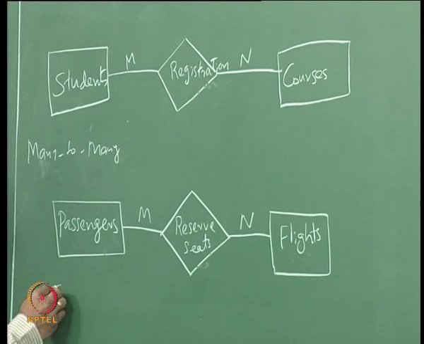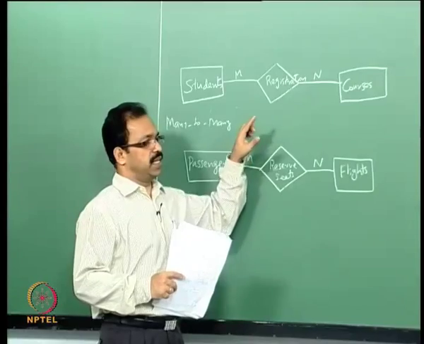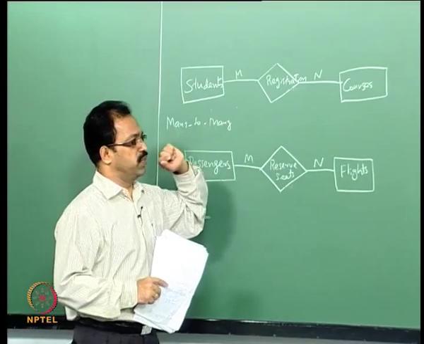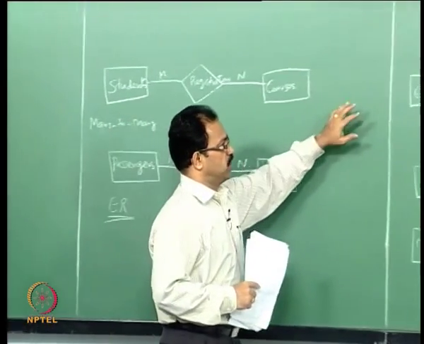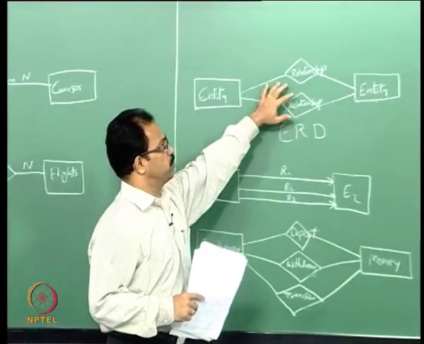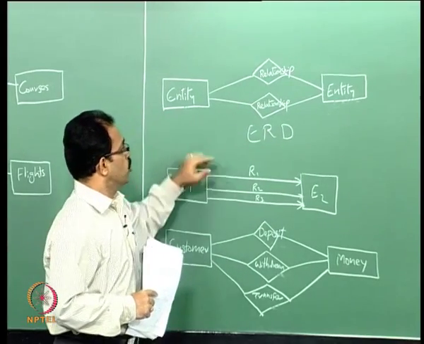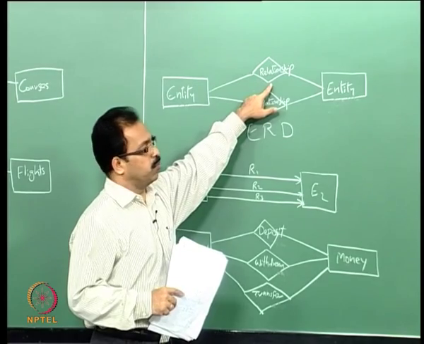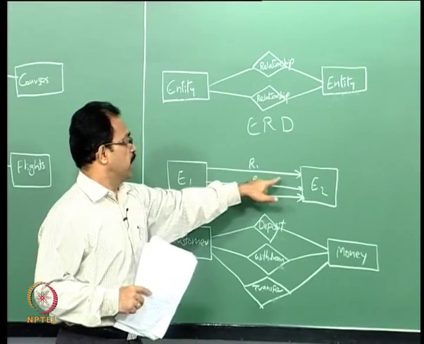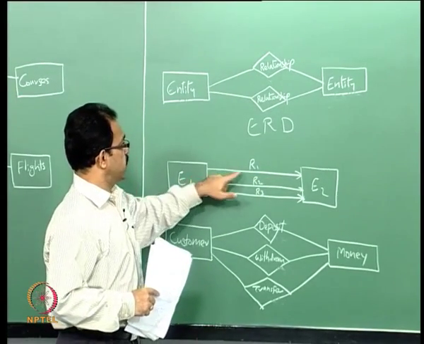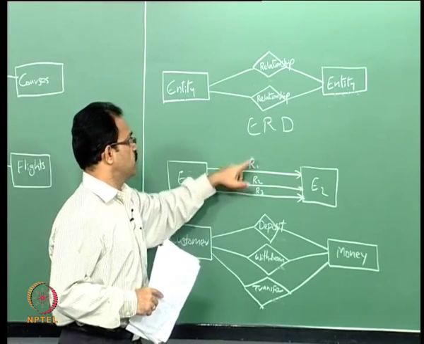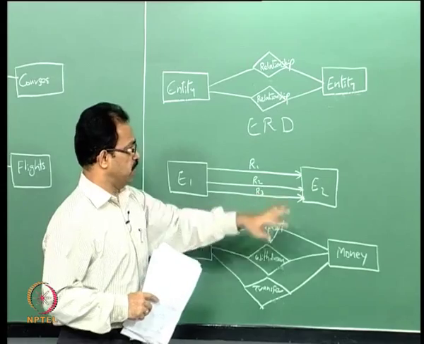So, you can see here the ER diagrams can represent various scenarios. Basically, the relationships between various entities are shown here, and in the entity relationship diagram we can represent the entities as rectangular boxes and relationships as diamond shaped boxes. You can show the relationship either using a diamond box, or you can use directed arrows. When you are using directed arrows, we do not use the boxes, we just write the relationship as R1, R2, R3, whatever may be the relationship.